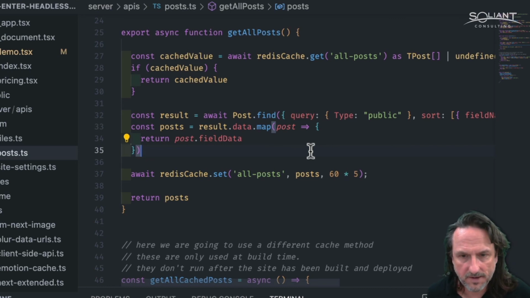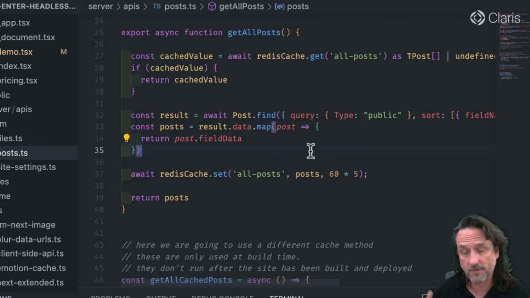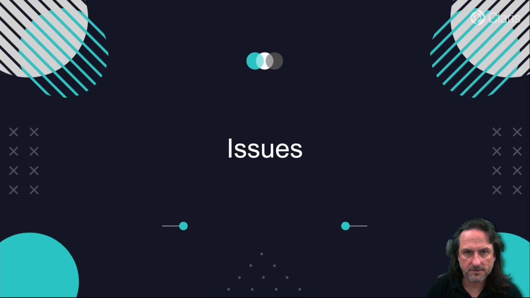So Redis is another good option for doing things where you just want to cache the results of your FileMaker database. Well, it's good for any kind of cache, but I like it in this case. All right, so there was a look at how to build FileMaker databases at scale. Let's cover some of the issues that we talked about as a recap and touch on any others that are